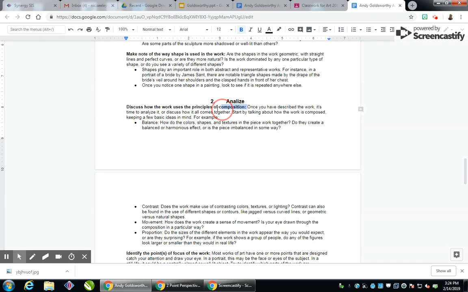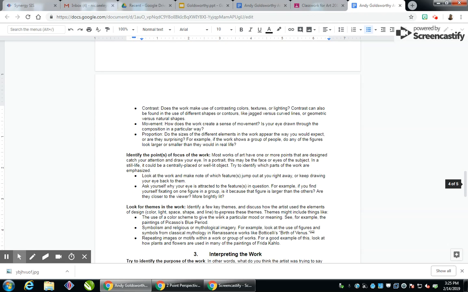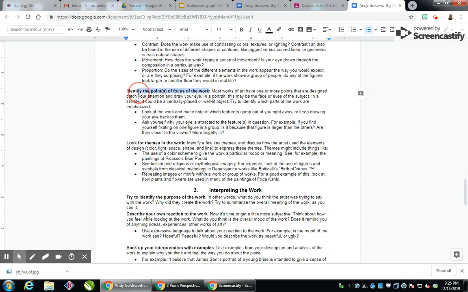When you're analyzing, you want to discuss how the work uses the principles of composition. You'll be talking about balance, contrast, movement, and proportion. So read through those, look at the different questions that they ask, and use that as a guide as you answer the questions reflecting on your specific artwork. You want to also identify points of focus in the work and look for themes in the work. After watching the video, you should know the general themes for Andy Goldsworthy, so you can definitely apply that to the artwork here, but look a little bit more closely and specifically at the individual work